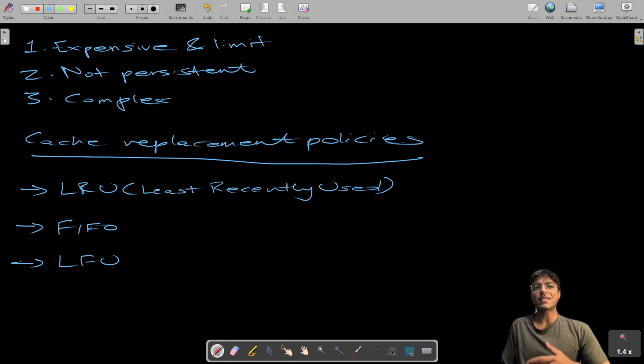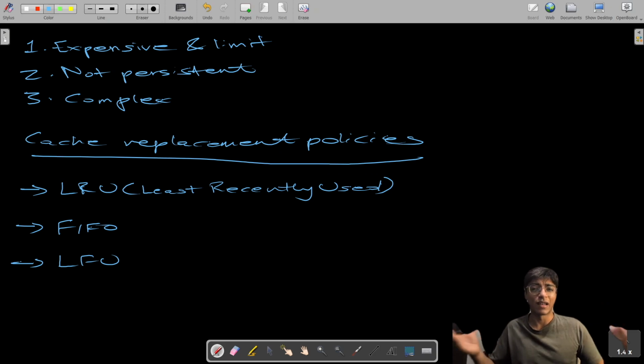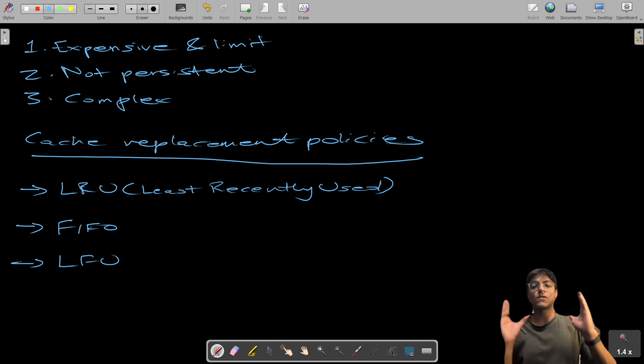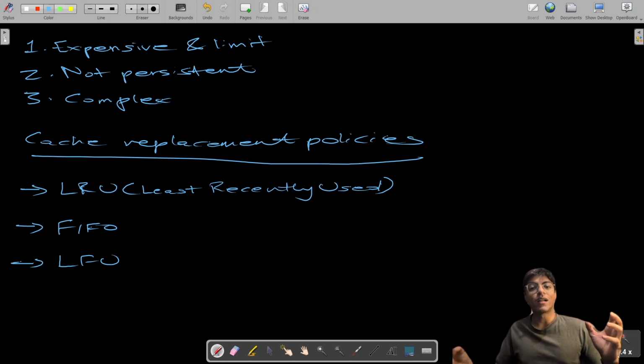That basically means that let's say you have a situation where you can only store 1,000 items in your cache. Just an example. You can store maybe 10,000, maybe 1 lakh, doesn't matter. But the space is limited. So what will end up happening is that once 1,000 items are stored there, when you try to enter another item inside your cache in your key value format, the item that is least recently used,